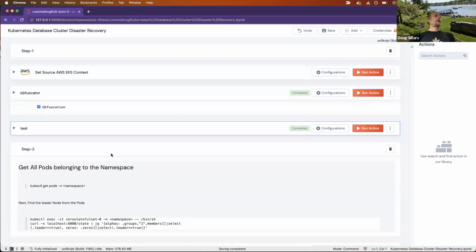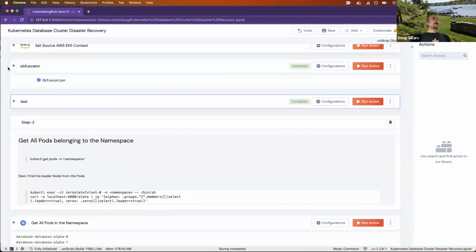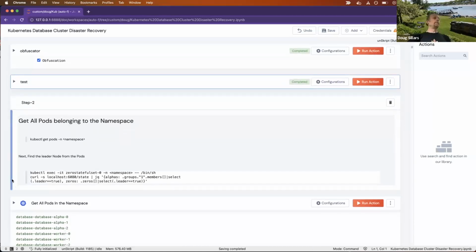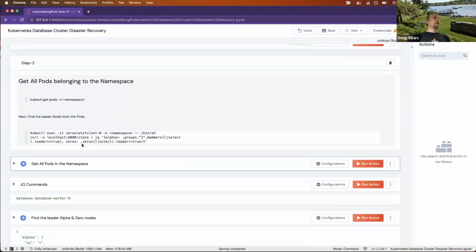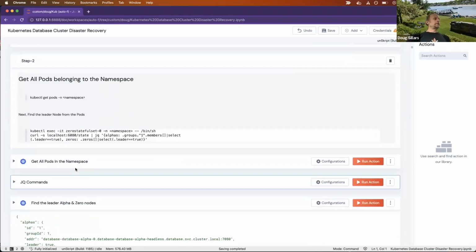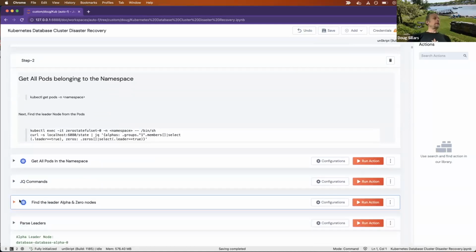All right, so that's the only thing that we're changing from this runbook from actually running it in production. The first step we're going to do is, you can see the output is here from when I last ran it, so we can just reset those. The first thing we need to do is get all of the pods in our namespace. And I've programmed our namespace as an input parameter here. And so I run this,